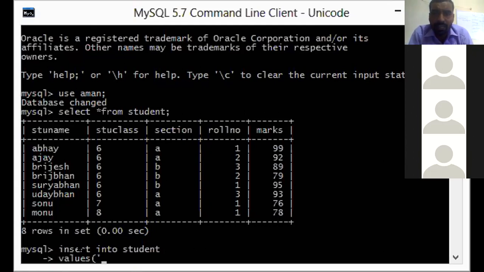Then the value, suppose we have, comma the class, suppose the class is again 7, comma section, section is B, comma roll number suppose 2, comma marks, suppose marks 56. Press the semicolon, press enter key.